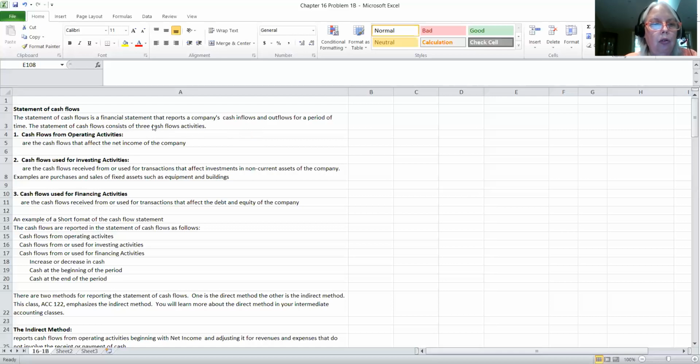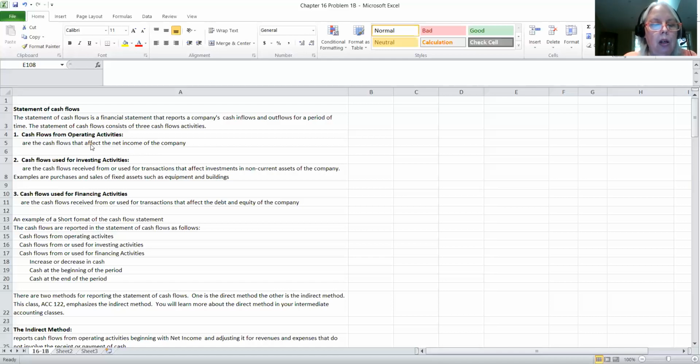And on this financial statement, we break the cash flows down into three different types of activities. The first activity is the cash flow from operating activities. That's the first section that you're going to prepare on the statement of cash flows. And this is the statement that has to do with cash flows that actually affect the net income of the company. Remember, net income is your revenues versus your expenses in a company. So things that would affect net income are going to go under the operating activities section of the statement of